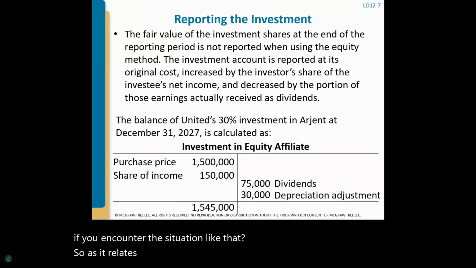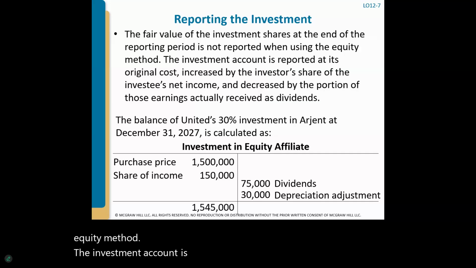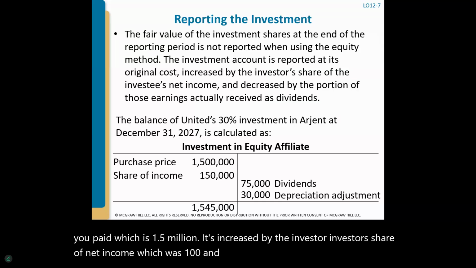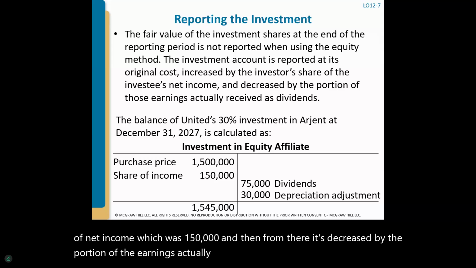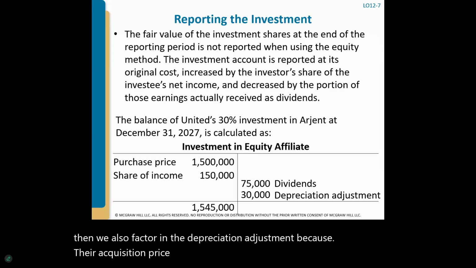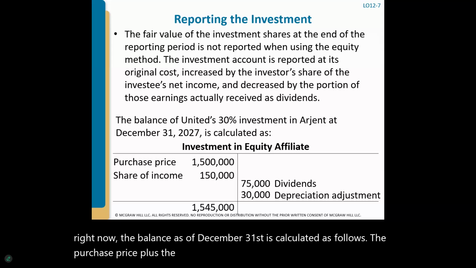So as it relates to reporting investments, the fair value of the investment shares at the end of the reporting period is not reported when using the equity method. The investment account is reported at the original cost, which is how much you paid, which is 1.5 million. It's increased by the investor's share of net income, which was 150,000. And then from there, it's decreased by the portion of the earnings actually received, which was dividends. And then we also factor in the depreciation adjustment because their acquisition price was more than the book value. So therefore, as of December 31st, the balance is calculated as follows: the purchase price plus the share of income minus the dividends minus the depreciation adjustment gives us an ending balance of